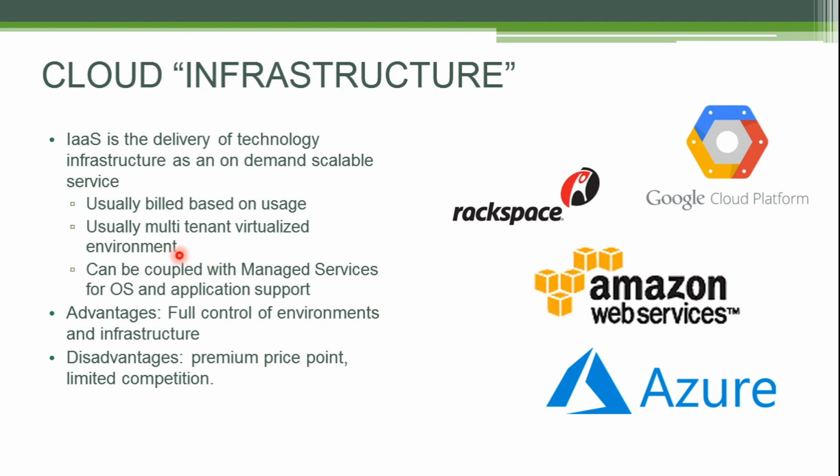Multi-tenant virtualized environment means, see, the data centers which AWS has, they have millions of servers, for example, right? But in each and every data center, they are providing the service to different customers. So you might be having your server in that particular data center, and some other customer may be having their servers as well in that data center. Your servers are segregated from them, so you don't see their data and they don't see your data. If their server gets hacked, your servers are not impacted, right? To ensure these things, multi-tenancy comes into the picture.